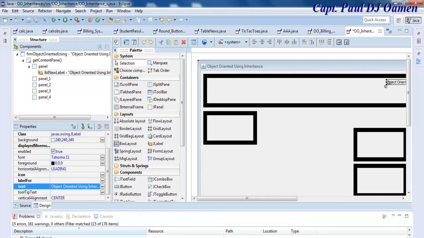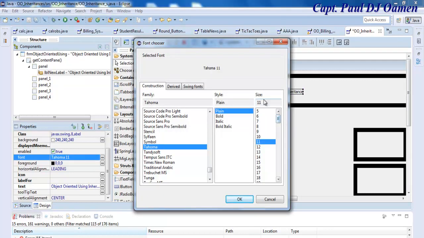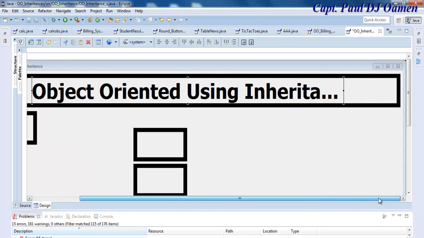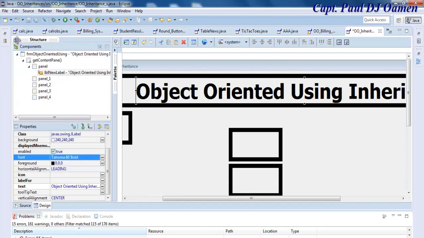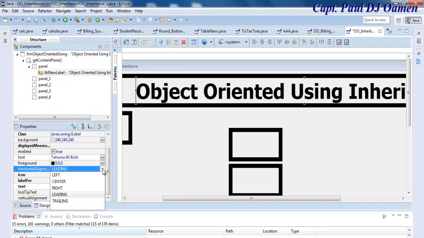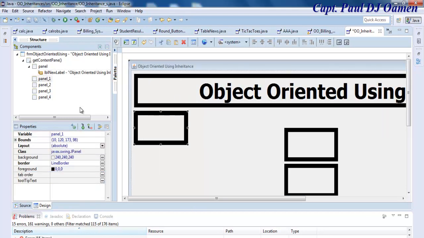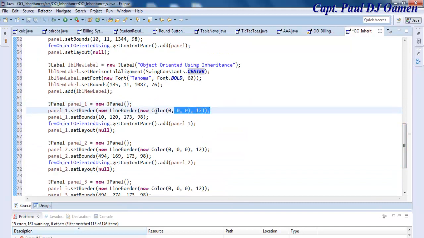Okay, let's increase the size of this, and let's come in here and just change the size maybe to about 60 or whatever, and make that bold. Okay, that is fine. And I'm going to get it centered. Let's go back in there and just look for horizontal alignment and get it centered. Okay, there. One other thing is, let's enter a border to that. Let's see how that's going to look like. And in here I'm just going to copy the border, just copy that,